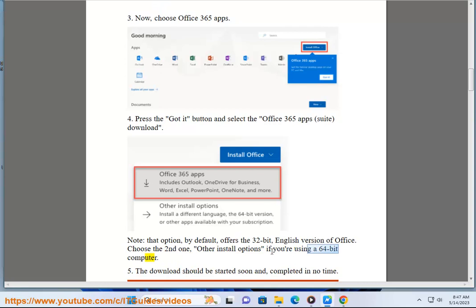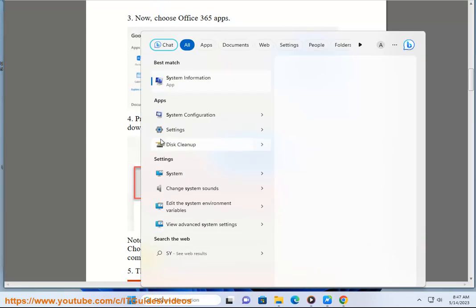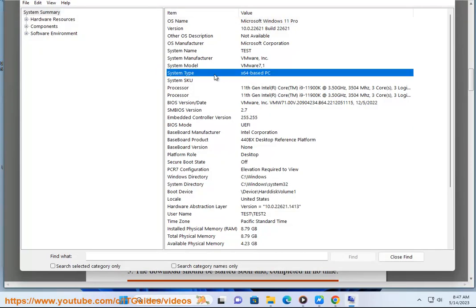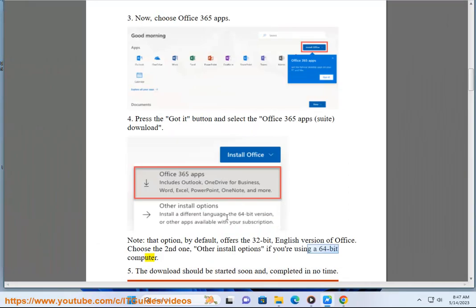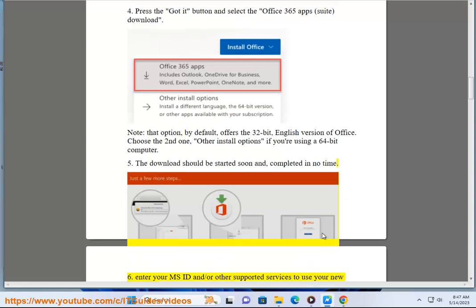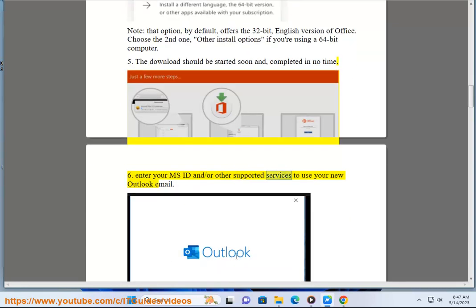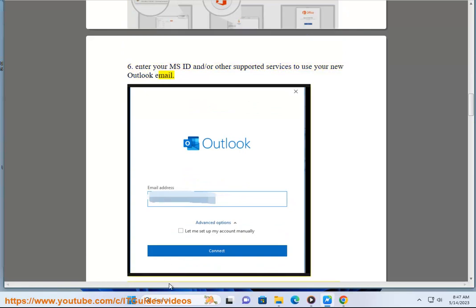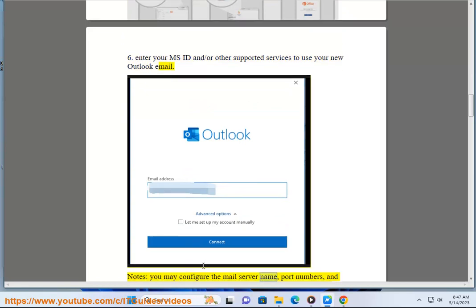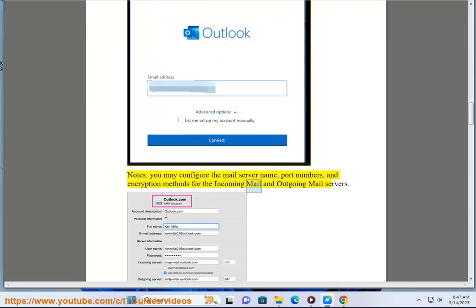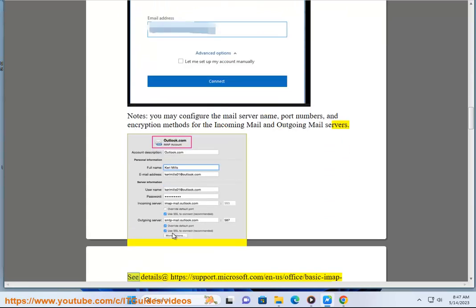5. The download should be started soon and completed in no time. 6. Enter your MS-ID and/or other supported services to use your new Outlook email. Notes: you may configure the mail server name, port numbers, and encryption methods for the incoming mail and outgoing mail servers. See details at